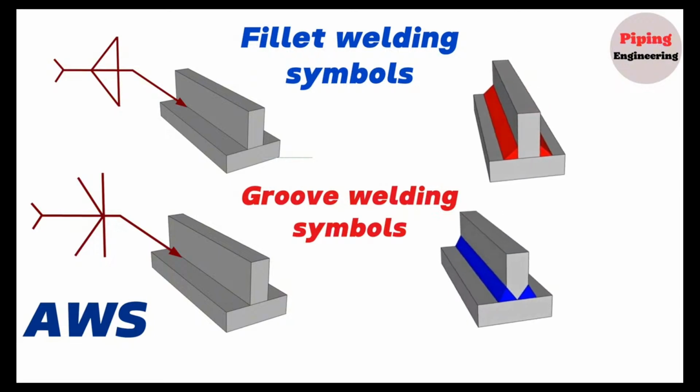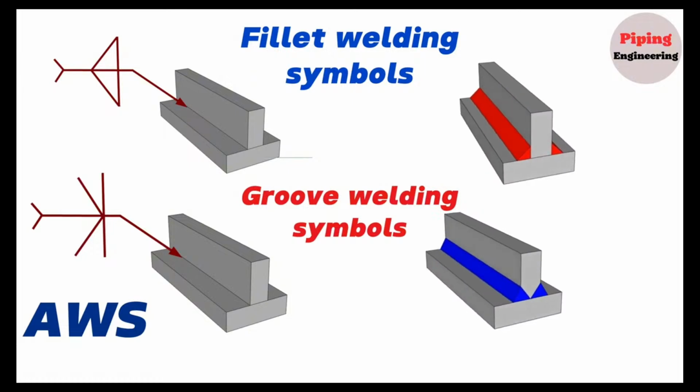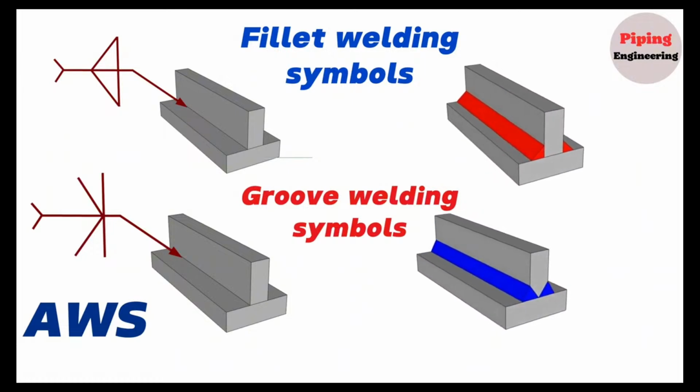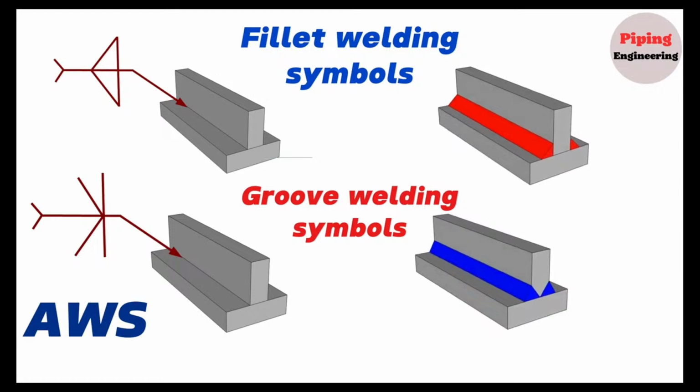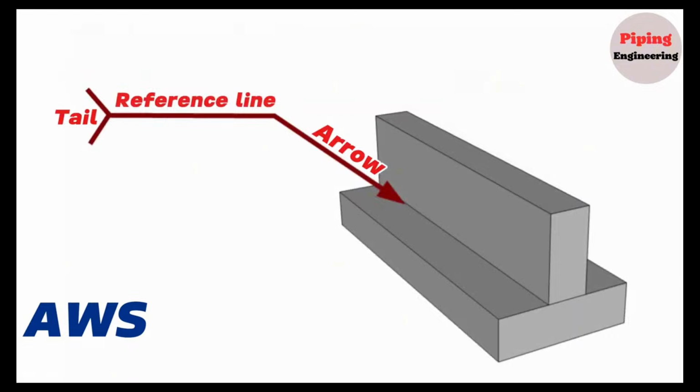In this video, we'll be showing you step by step how to read and understand welding symbols in the isometric drawings with an easy method. Let's start our education video. Welding symbols are graphical representations used in engineering to communicate essential information about welds and welding processes. These symbols are standardized